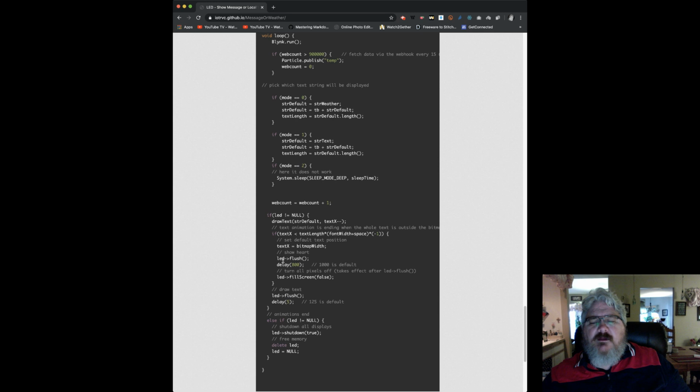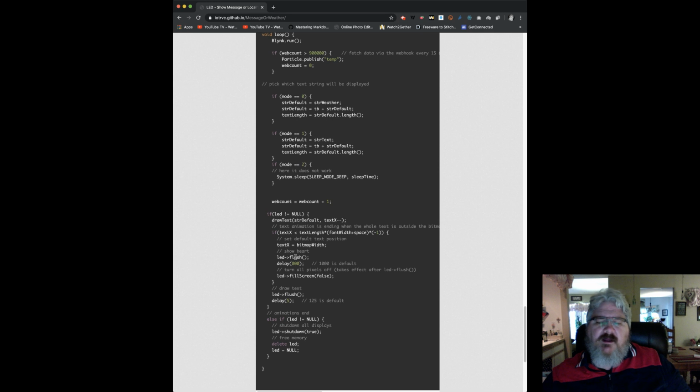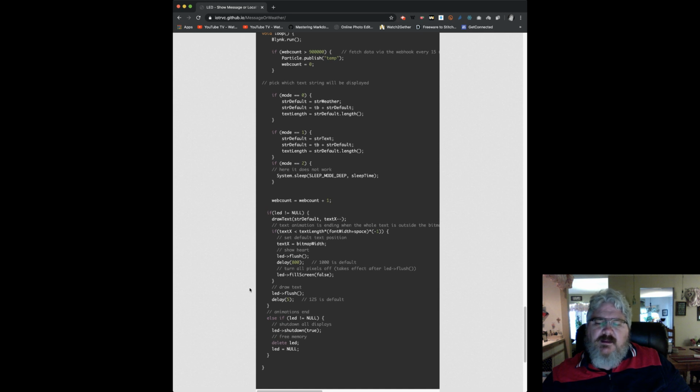The LED flush is out here. If the text is less than the length of the text, meaning it's off the right side of the LED, it's going to clear out the LED and delay for 800 milliseconds. Then it's going to fill; it says LED fill screen false if the LED is not equal to null, but the text is off the screen. Else, if LED is not equal to null again, because you'll notice the if LED is not equal to null,